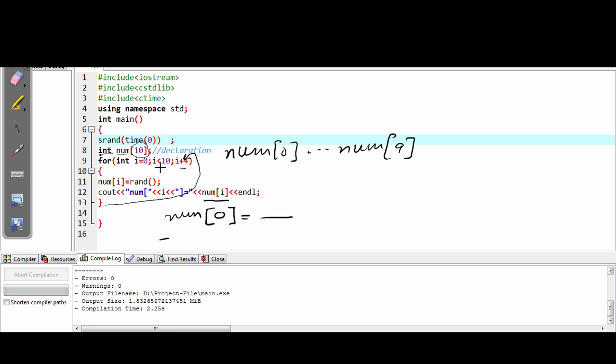So 1 is less than 10 will be checked. 1 is less than 10, yes, true. Again the body will be executed. Now num 1 equals rand will be executed. So again another value will be generated by rand. That value will be stored in num 1, and then this line will display num